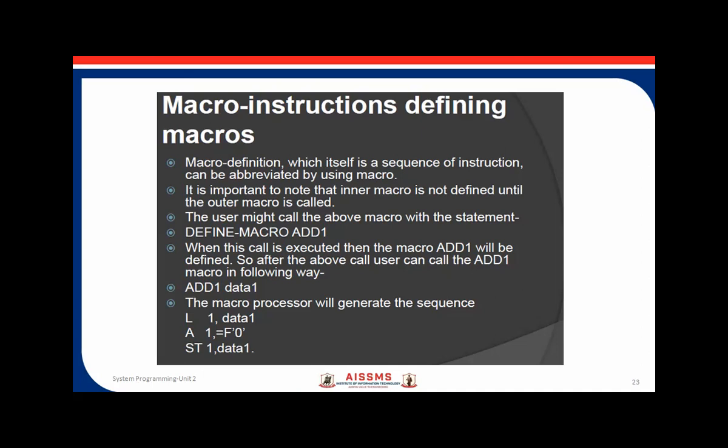Today we studied another method, that is conditional macro expansion. And the next concept we learned today is the nested macro, that is calling one macro inside another macro. I hope these concepts of macros are clear to you.